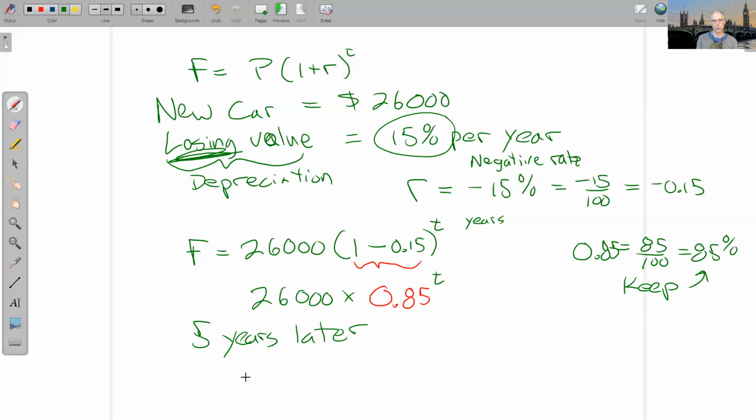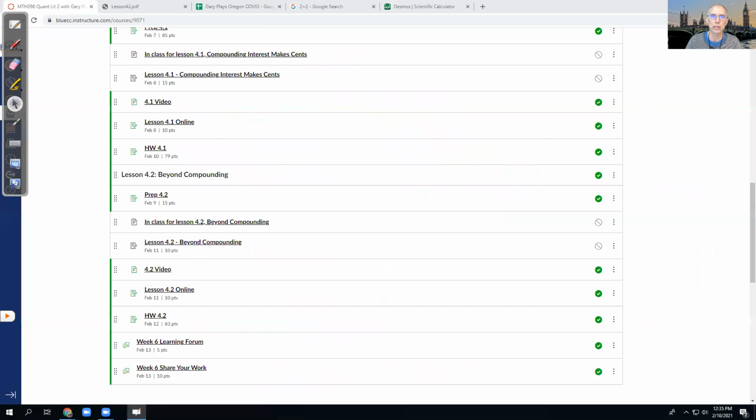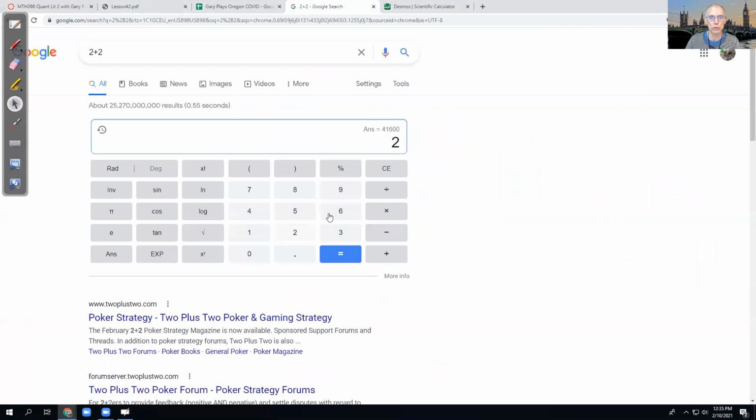So after 5 years of owning the car, at the beginning of the 6th year, it would be 26,000 times 0.85 to the power 5. So I can just plug in any amount of years that I want there. Calculate that on a calculator. 26,000 starting point times 0.85 raised to the power 5. And so this tells me in 5 years, it's only going to be worth less than half,